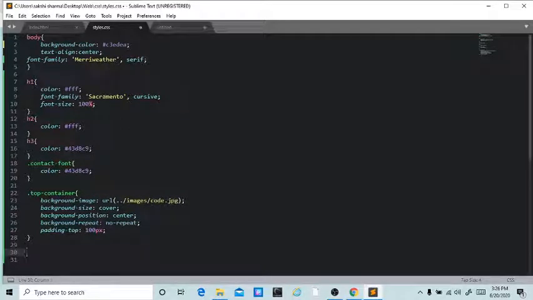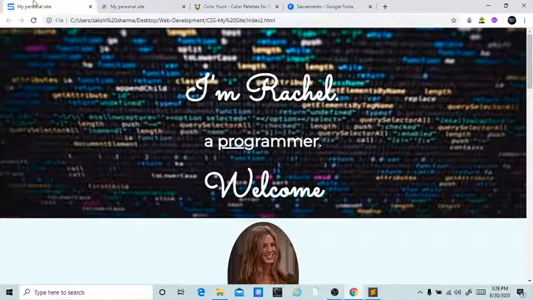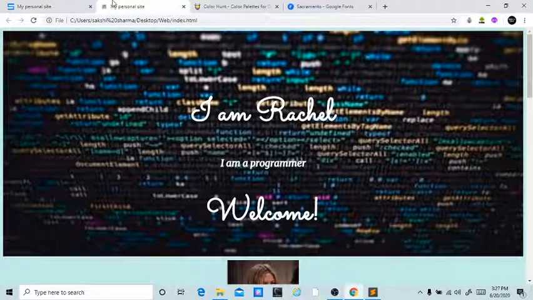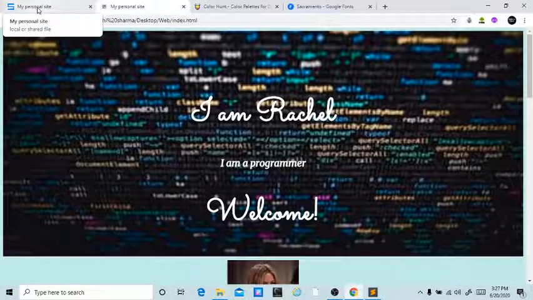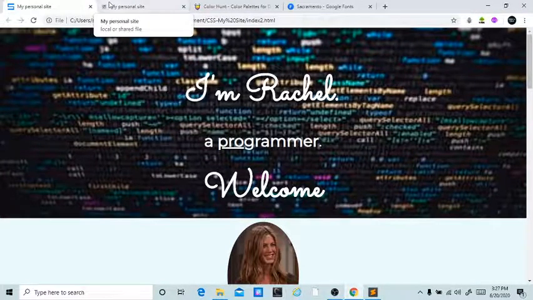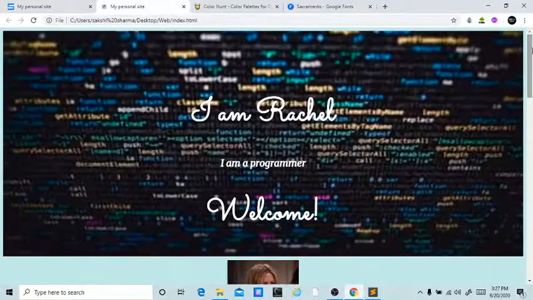Let's change the font size to 5 REM and see. It's looking very perfect. So now we have to change the font size of the entire text in our body. Let's change the font size of H2 and other things as well.